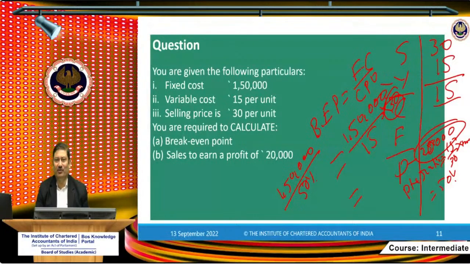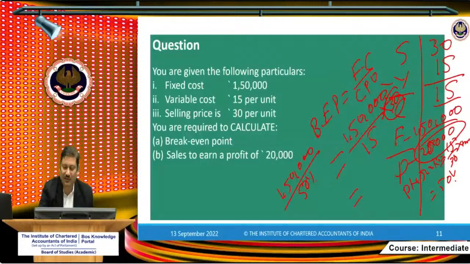What will be your contribution? I told you contribution is the kingpin. Somehow, if you can reach contribution, you can go anywhere. You can jump to sales, you can come down to profit. So our objective always will be to try to find out the contribution. So profit is 20,000. How much is your fixed cost?